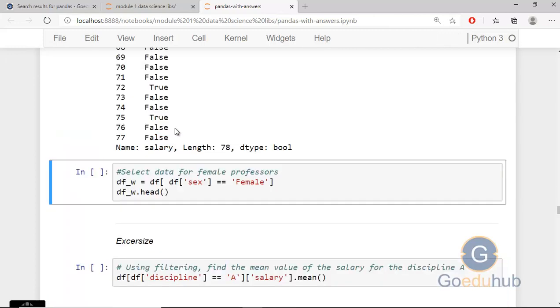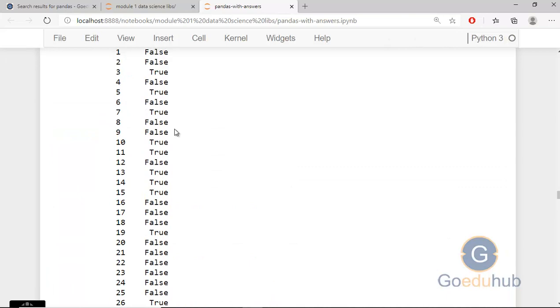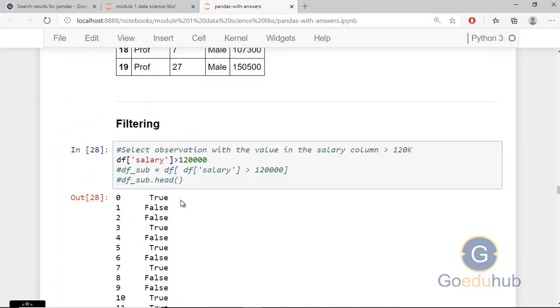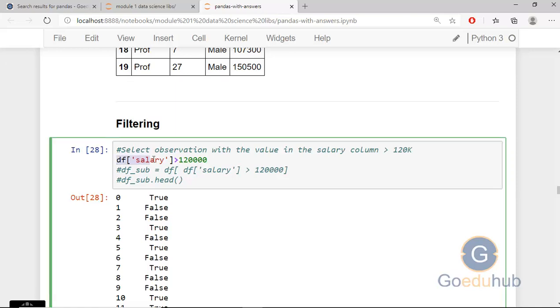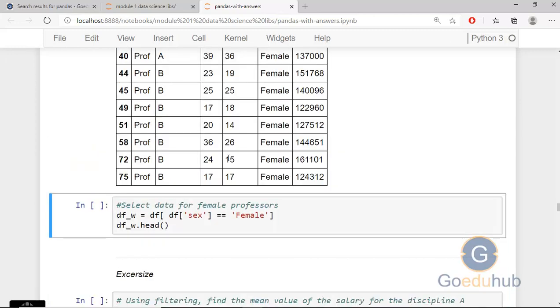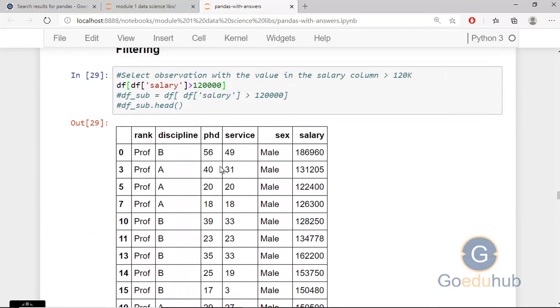Okay. Now you can see we are getting true, false. Means some rows are fulfilling this condition, some are not. So this is only providing you a condition. If you want to access the data for this condition, then you need to pass this to df. df is the original data frame, and inside the df we need to pass this condition. Now you can see the output. These are the rows that satisfy this condition, like persons who have salary greater than 1,20,000 only.